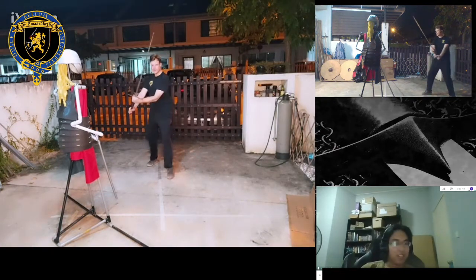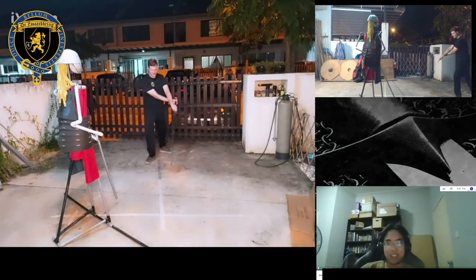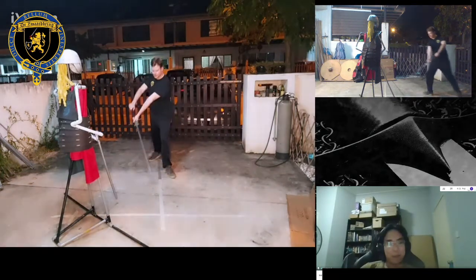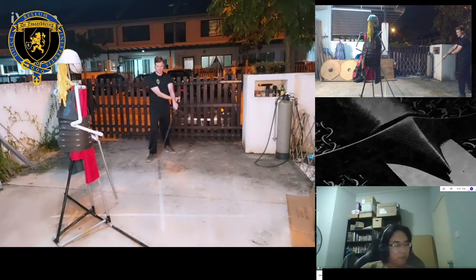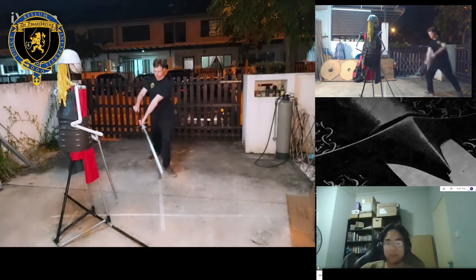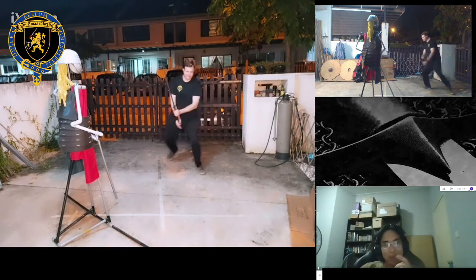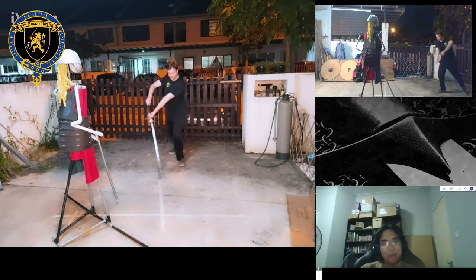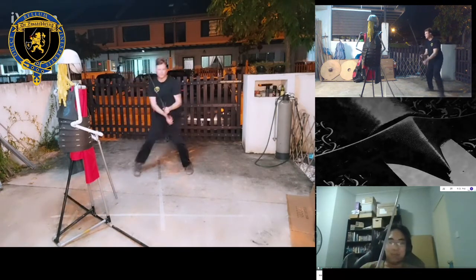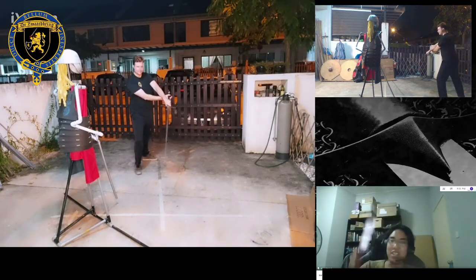There's one more thing I would like to bring up as Sasha is demonstrating the basic blocks. There's a reason that he's stepping, and it's the same reason you step with your cuts. It's not that you must step with a block or you must step with a cut, but rather that by stepping with the block and stepping with the cut, you are actually rotating your body into a more stable position so that you're turning your hips into the block.